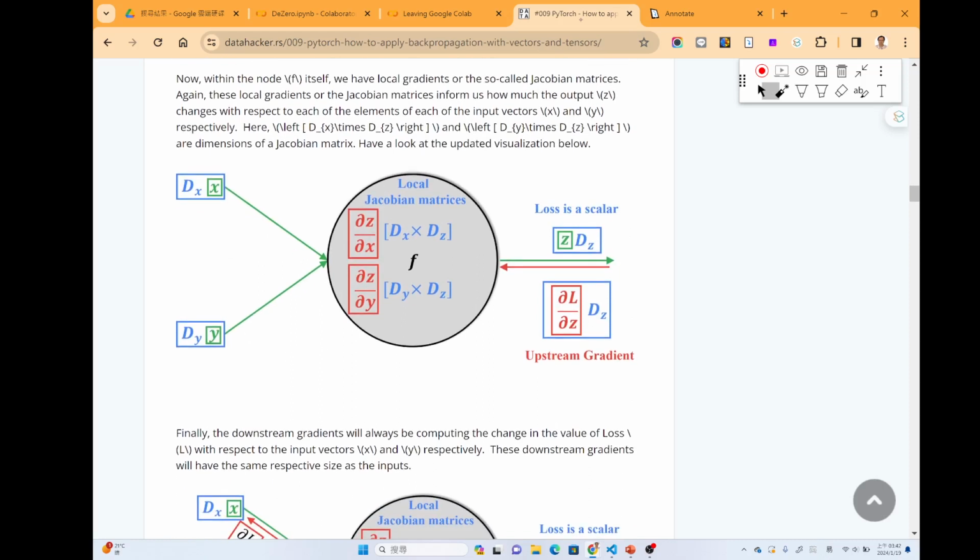As we said before, partial L over partial x will be equal to partial L over partial z dot partial z over partial x. So the only thing we need to do is calculate the Jacobian, partial z over partial x, and multiply it with the gradient of z to get the gradient of the variable x.